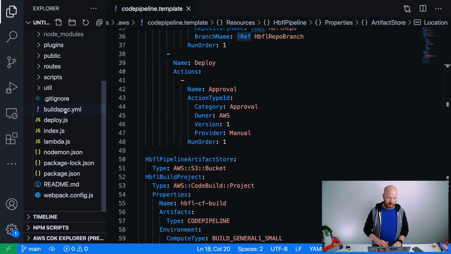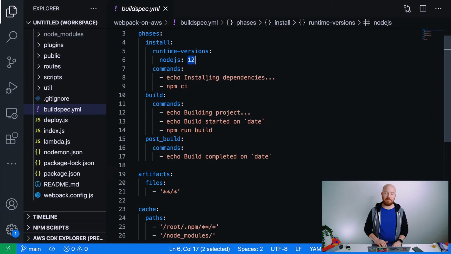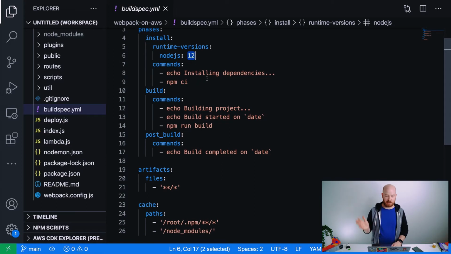So this build spec file is essentially what is going to be running on CodeBuild. And so this is the part where you will be saying Webpack, essentially. One thing that's important is the version of Node. In my last video, I talked about how Webpack 5 now requires Node version 10. So you need to have 10 or higher. In this case, I have 12 just because I used this a while ago, but 14 is the current LTS